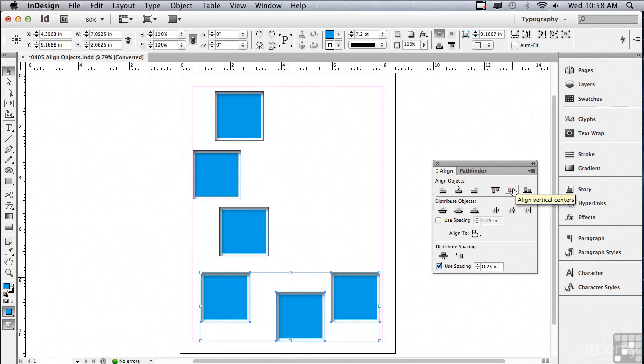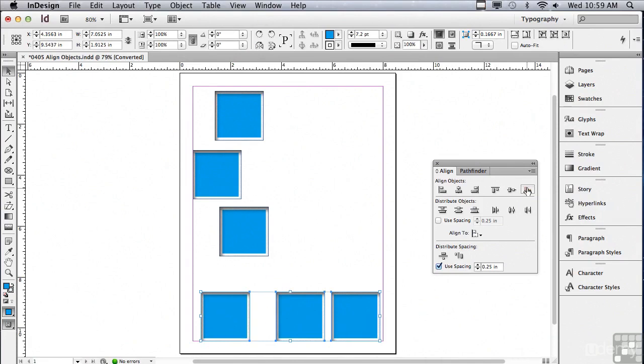The next command is Align Vertical Centers. So it's going to align the centers of each one of these objects so that they vertically will align right across my page. Let me do that. Let's undo that and continue. Align Bottom Edges. It will align all of the bottoms of each one of these objects to the bottom of the bottommost object. To talk about the next section, Distribute Objects, why don't we select our 4 objects going down